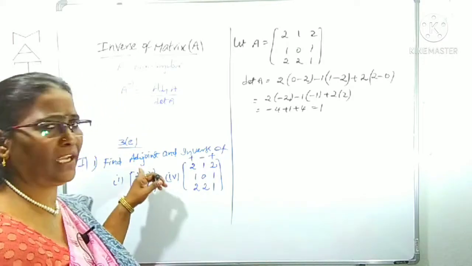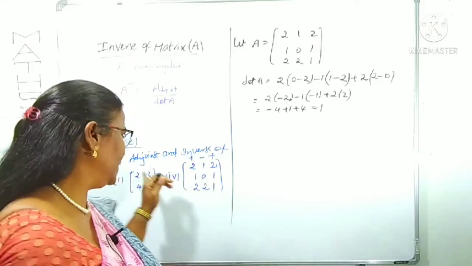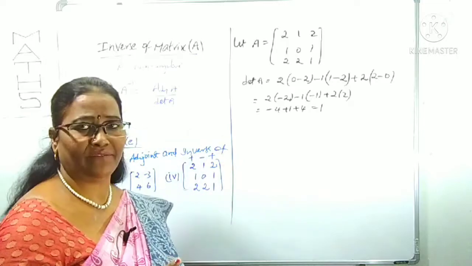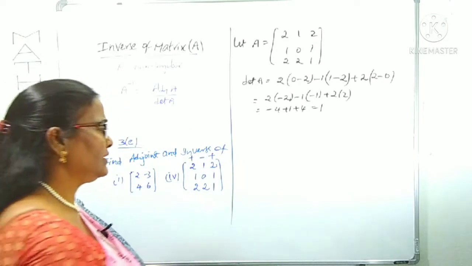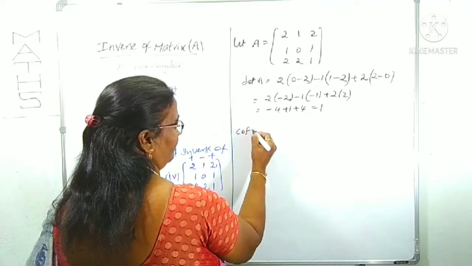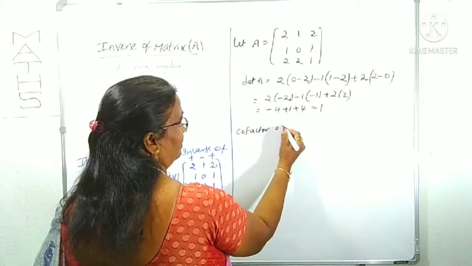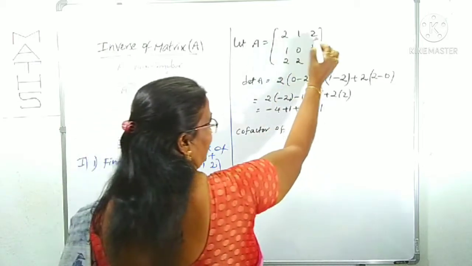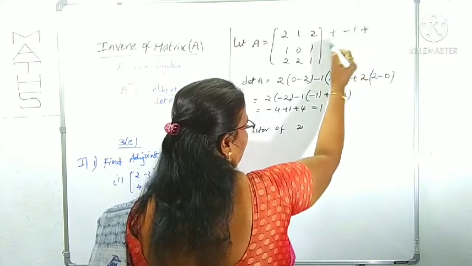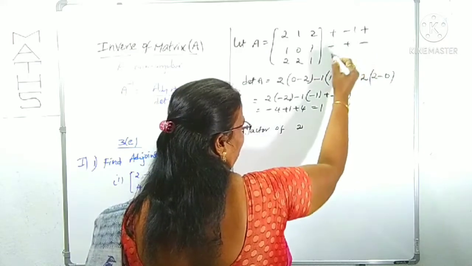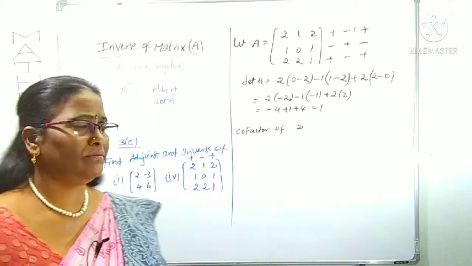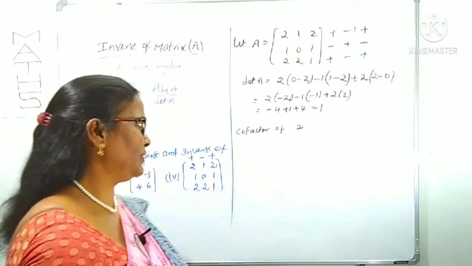Now he is asking for adjoint A also here. For adjoint there is no need to find det A, but I want A inverse also. That's why I did det A first. Now adjoint. For adjoint, what do you have to take? Yes, the cofactors of each and every element. Carefully you have to take the cofactor of the first element. Cofactor of 2. You know these minors we can multiply with plus, minus, plus. Second row minus, plus, minus we can multiply. Third row with plus, minus, plus. This is one of the smart techniques for finding the cofactors without confusion.